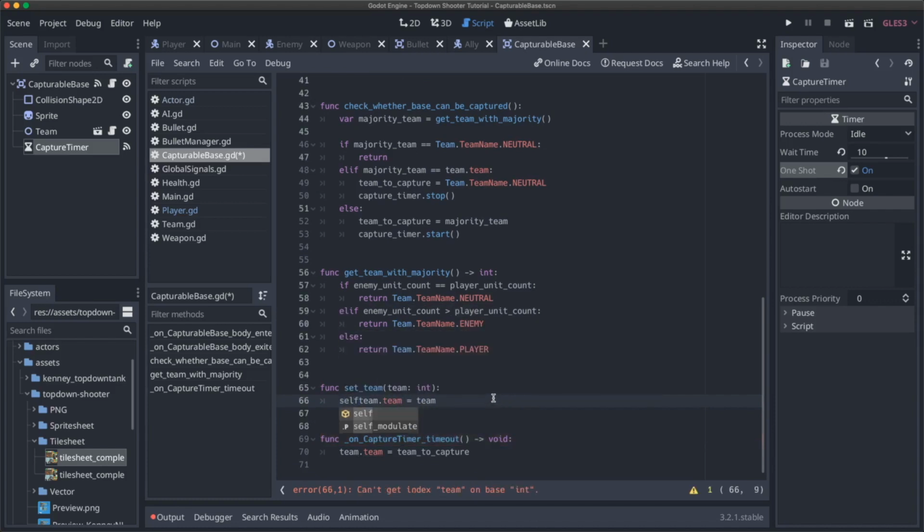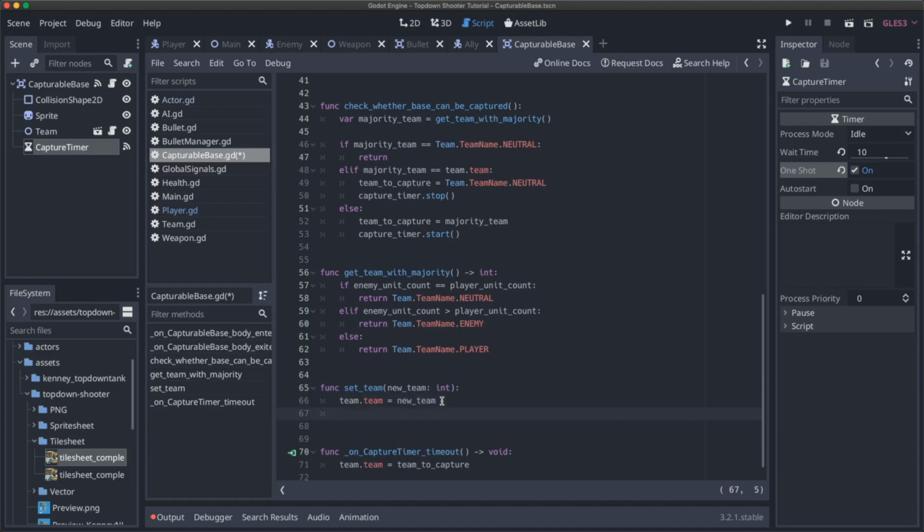Wow. All right. Let's say new_team just to be explicit there. Looking back at it now, there are a lot of variables here named team, which is my bad. That was poor planning. But just to make sure, this is the team node on our capturable base, and this is the parameter coming in, which is just an integer. So just to be clear, and then we can say if new_team,